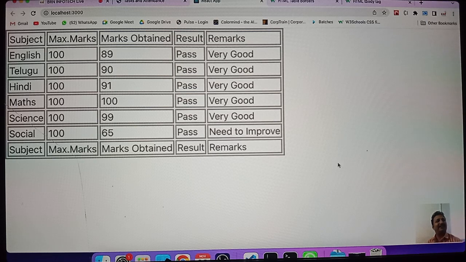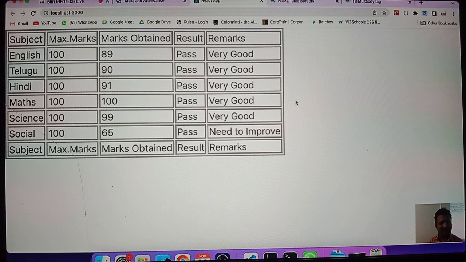Now I have created this table. Understand? Okay. Now we have created table. Inside this, we have created table head, table foot, table body, and the first one we have given within the table head. The last one we have given within the table foot. The in between table body we have given. Okay, this is good, looking like table, but